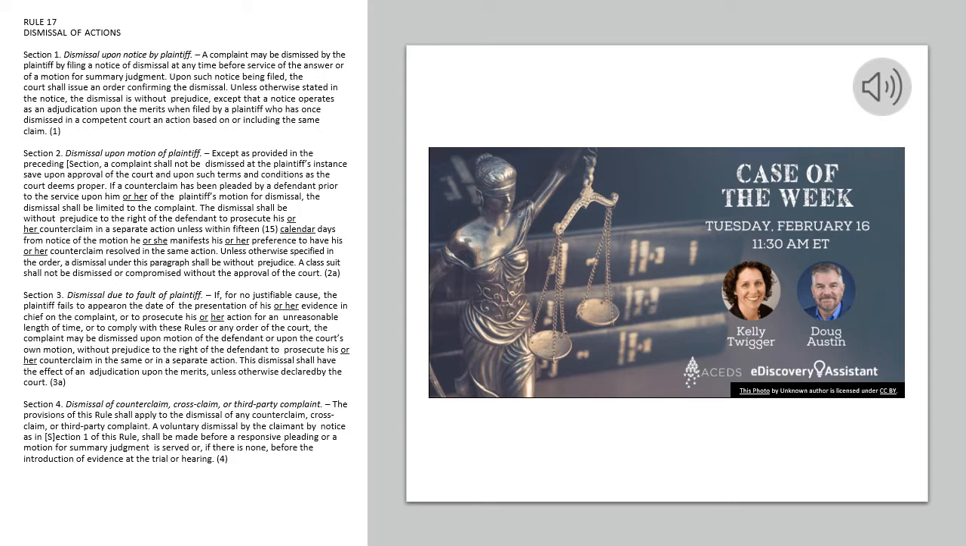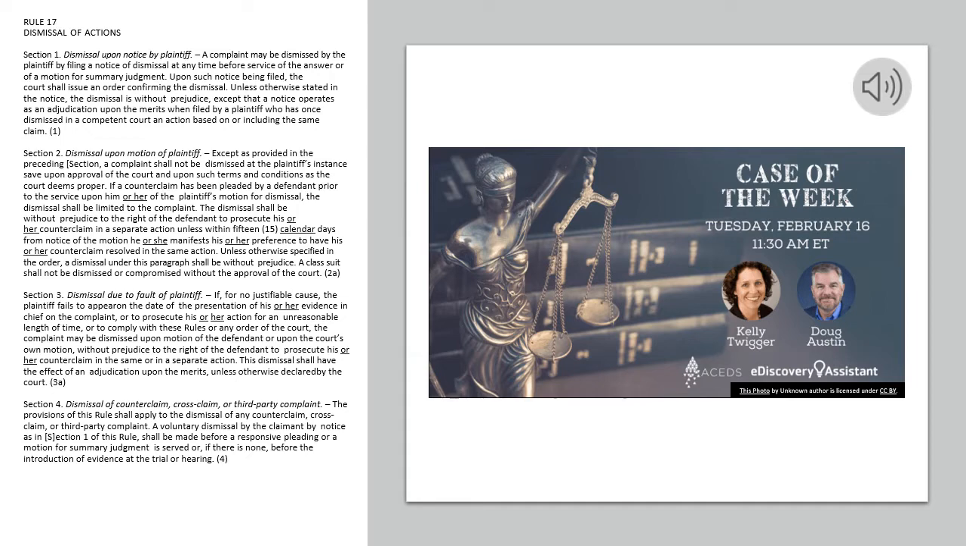Section 3. Dismissal due to fault of plaintiff. If, for no justifiable cause, the plaintiff fails to appear on the date of the presentation of his or her evidence in chief on the complaint, or to prosecute his or her action for an unreasonable length of time, or to comply with these rules or any order of the court, the complaint may be dismissed upon motion of the defendant